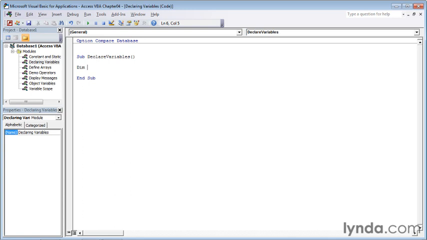When it comes to creating variable names, I use 3 criteria. The first is that the name of the variable should relate to what I use the variable for. In other words, if it's a sales total, then it should be something like sales or total, or so on. Secondly, it should be as short as possible so it's easy to type. And third, you should put some sort of an indicator at the start of the variable name to indicate what